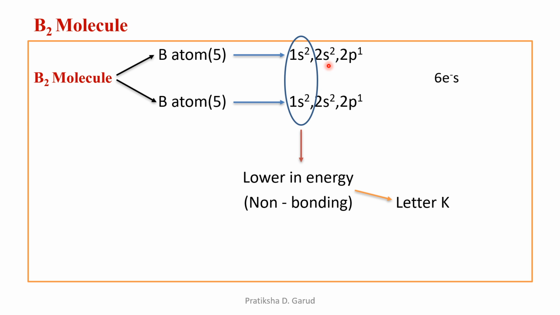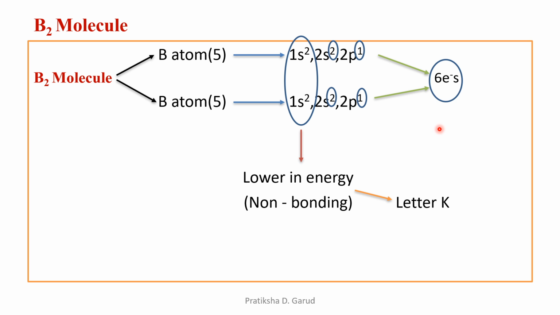So we can say that only the 2s and the 2p of the first boron and the 2s and the 2p of the second boron are considered for the bonding. Now the 2 electrons from the first 2s and 1 electron from the 2p of the boron atom, that means 3 electrons. Similarly, 2 electrons from the 2s and 1 electron from the 2p, again 3 electrons. So in total we have 3 from the first boron and 3 from the second boron. Hence we have a total of 6 electrons, and these 6 electrons we have to fill in the MO energy level diagram.